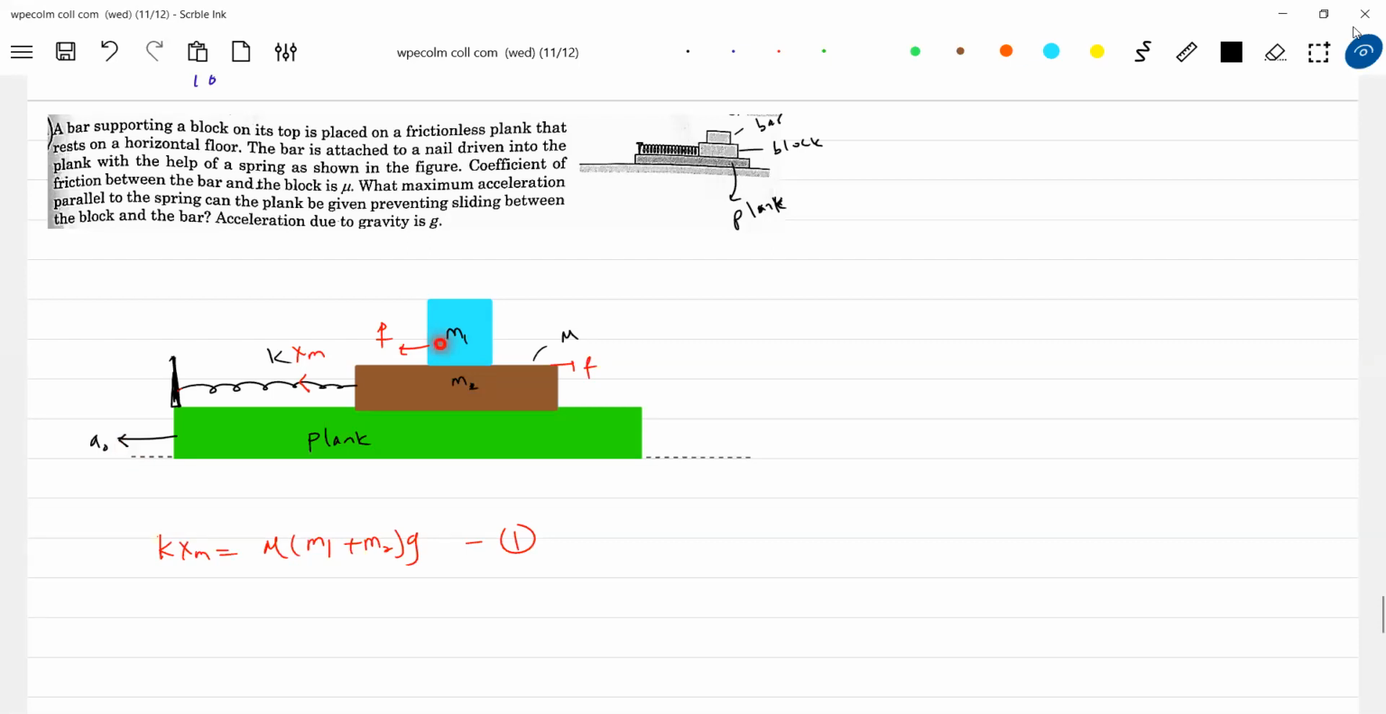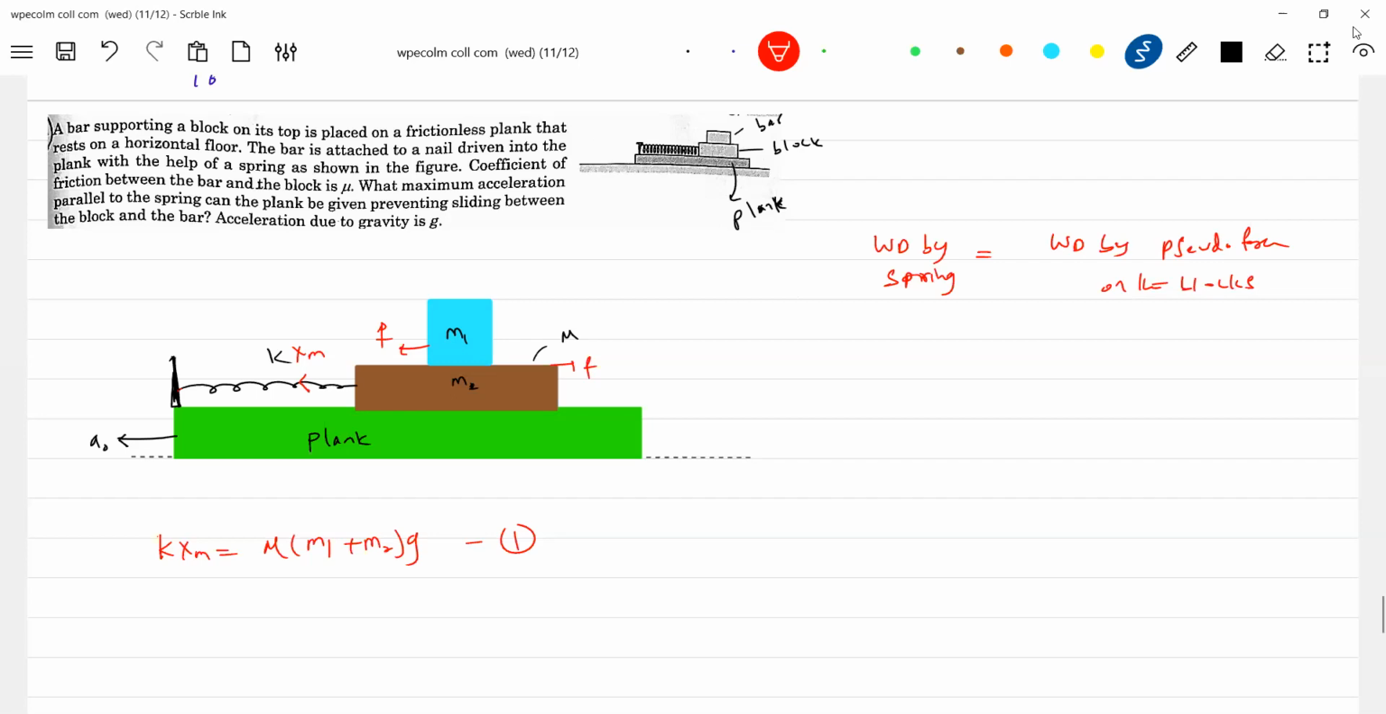So at maximum elongation, what is the state of the block? Blocks will be at rest. So therefore, the work done by spring force should be equal to what? It should be equal to the work done by pseudo force. So I'll write it here. The work done by spring should be equal to the work done by pseudo force